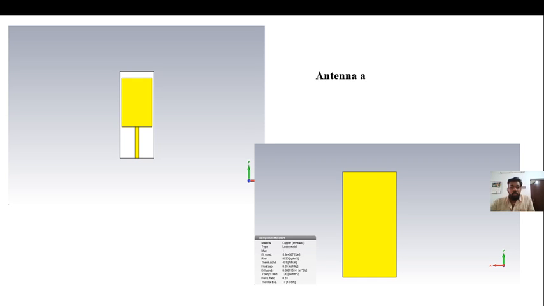Today we are going to design an antenna. This is the antenna we are going to design. It is a simple microstrip patch antenna. This is antenna A, and in antenna A we are going to have a substrate, a feed line, and a rectangular patch. At the back side of the substrate we are going to have a